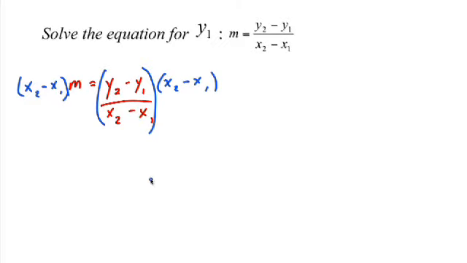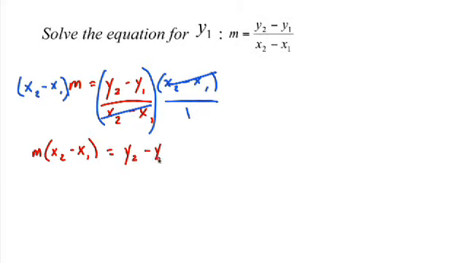So in this case, once we multiply out, you will see that the x2 minus x1 cancel. They're identical, so you can cancel them. You can only cancel them if they're identical, but they are. So now, on the left side, you might say, do I need to multiply this out? And our answer is no. Leave it as m times x2 minus x1, and the order doesn't matter, but it seems more proper when you put the m on the left side, equals y2 minus y1. Though, if you did multiply it out, your answer would still be counted correct by Alex. I just want to mention that. It's just easier not to.